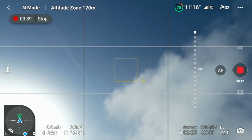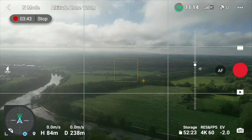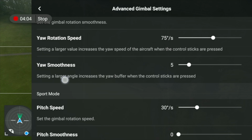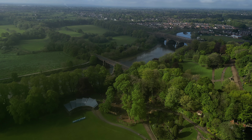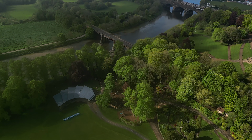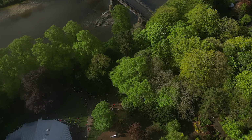This is incredible, and it's going to give you so many opportunities for some creative videos, and I can't wait to get back to those videos of how to fly the drones, cinematic shots, etc. But it comes with a drawback. Because that gimbal pitch is so extreme, it's also fast as well, so I'd recommend turning that down because it is super sensitive. But also with using this controller, because you've now got the options to adjust the gimbal pitch,